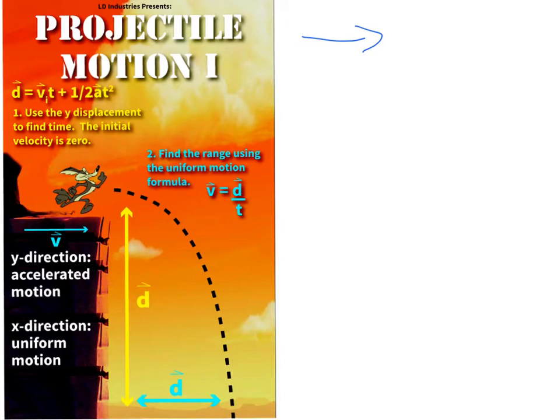Let's say the Coyote is running at a speed of, let's say, 5 meters per second. And we want to find how far he lands from the bottom of the cliff. Here, all our yellow words are describing our vertical travel, and all the blue letters here are describing our horizontal